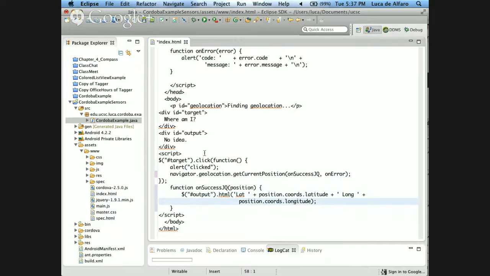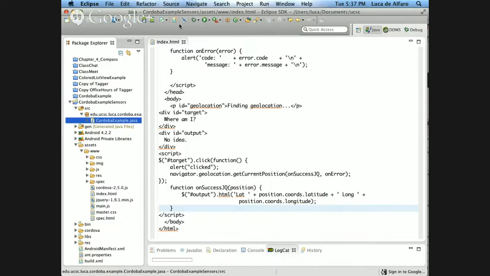So a very simple onSuccess function, much shorter than the previous one, but it should still work. Let me see whether this actually works. Of course, I can always have made mistakes, but so far this works.